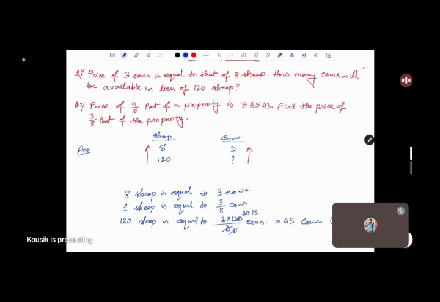The last day I will discuss that in unitary method two things can happen. One, both in the direct relation, that means if the first is increased, the second also increases. In that case,